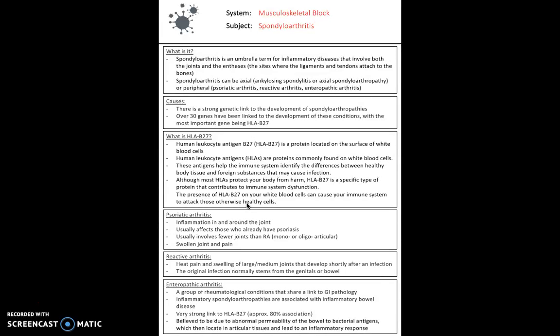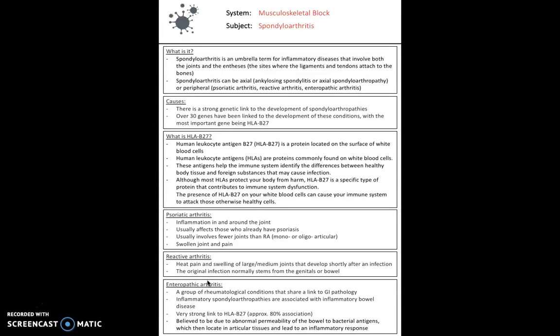So just to think about them all in a little bit more detail, if you think about the peripheral forms of spondyloarthropathies first, psoriatic arthritis is inflammation in and around the joint, in usually those patients who already have psoriasis. And one of the distinguishing points from rheumatoid arthritis is that psoriatic arthritis usually is mono or oligoarticular. In other words, it affects fewer joints than rheumatoid arthritis, but it still causes that characteristic swollen joint and pain. Now reactive arthritis, this is again the heat, pain, swelling of large, medium joints that develop shortly after an infection. So this infection tends to be from the genitals, so for example chlamydia, or from the bowel, so for example